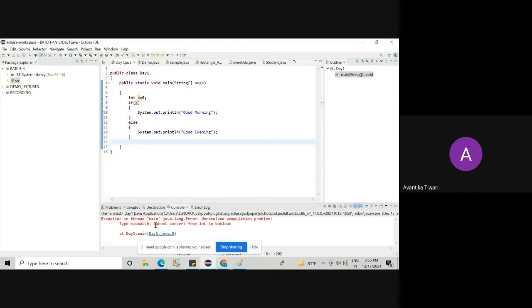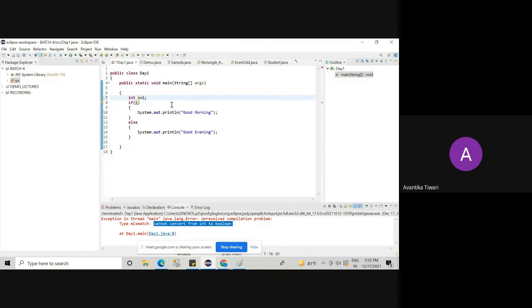It says cannot convert from int to Boolean. Incompatible types. This one is clear to everyone, right? Can we proceed? So don't think that it is C++ where 0 means false and it will print good evening. It's not like that.